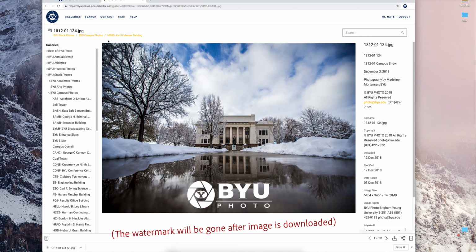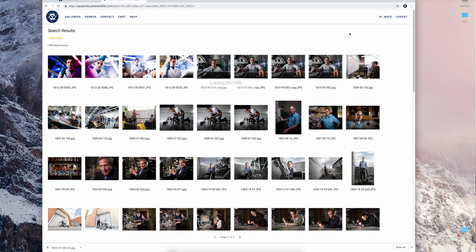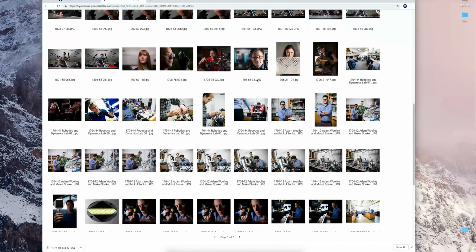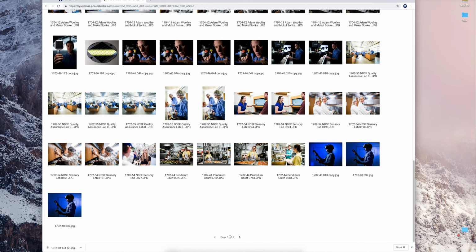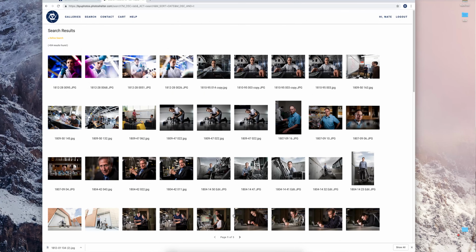So now let's show you how to use the search feature. Let's just say you just need a photo of a lab. So type in lab. Any photo with the keyword of lab will be pulled up. So you can scroll through, make a note down here, you have page 105. Don't forget to scroll through. All the newest photos in all of our galleries will show up at the top. So if there's something that's not there, you can check back the next month and see if there's something else